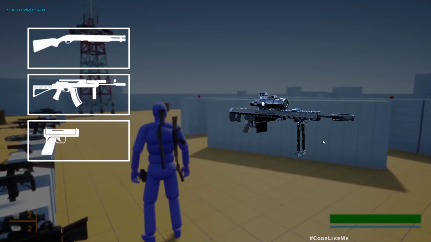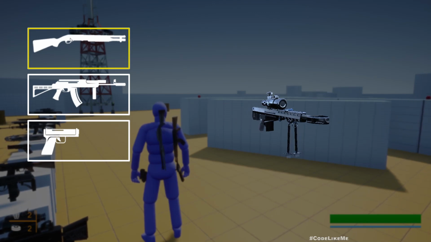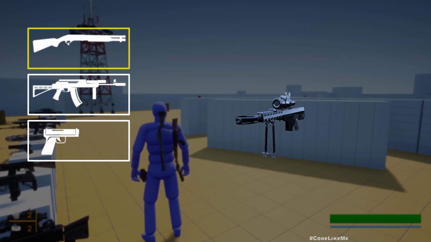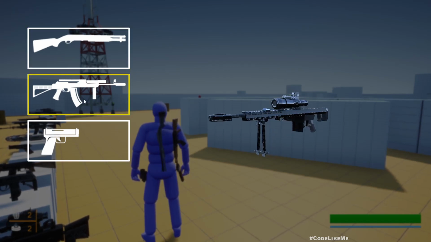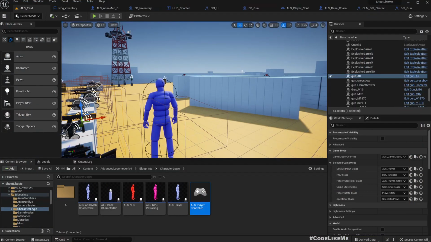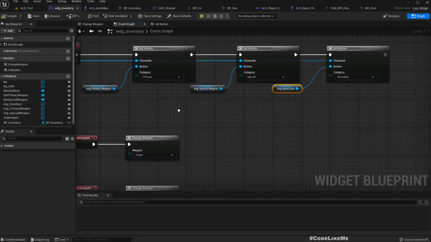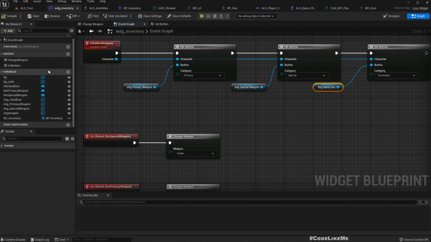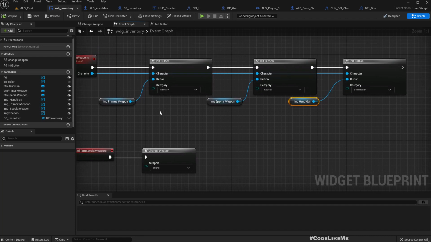Okay, press I. Now we do have the correct weapon icons, because this is shotgun, this is AK, and this is rifle. But still the change is not applied to the actual weapon image, which we should do. Where? Right,